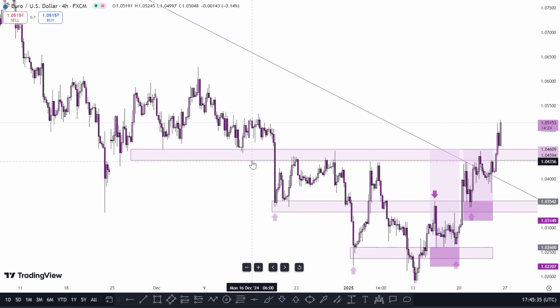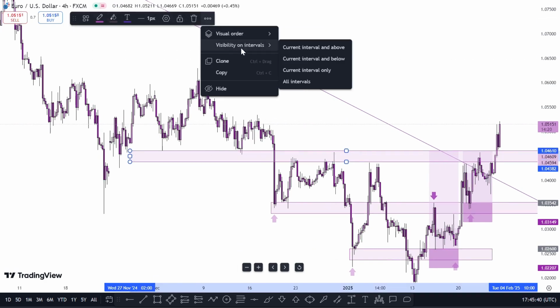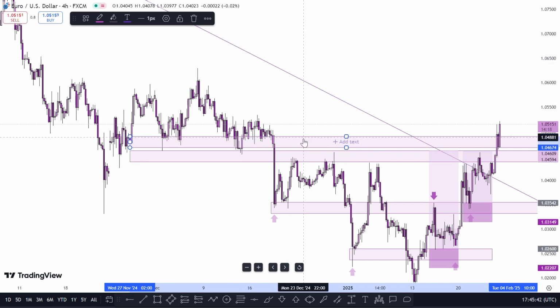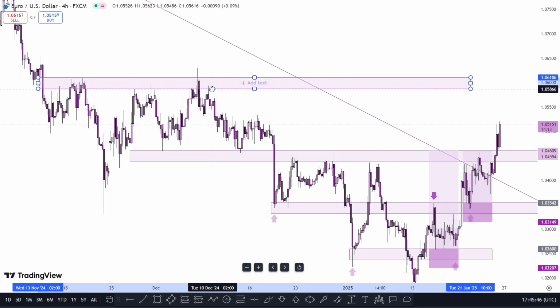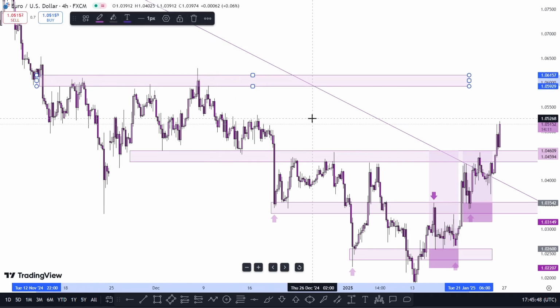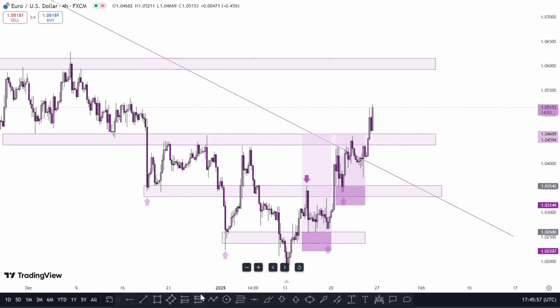What this is telling you is that if I fail to break out of this zone, it means that I might not continue to go to the bullish market structure anymore, and then I might decide to continue my initial bearish movement. So a lot of people put their target in this zone as well, and there are people that will enter after this